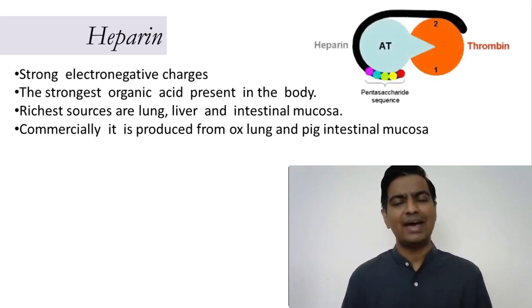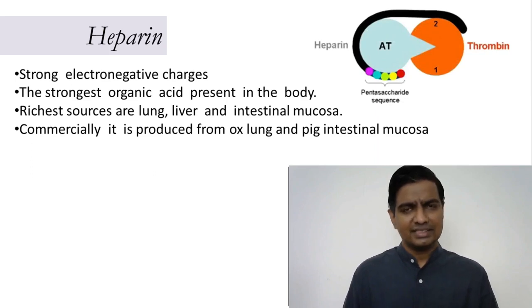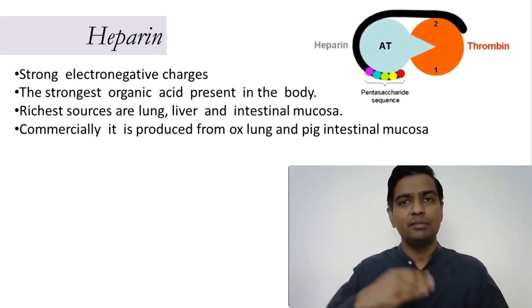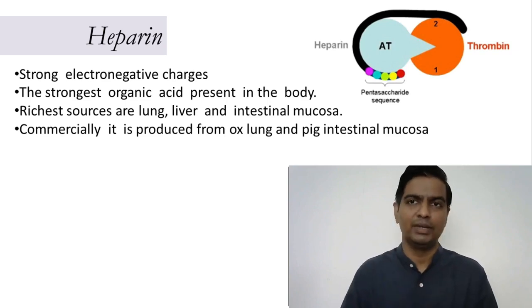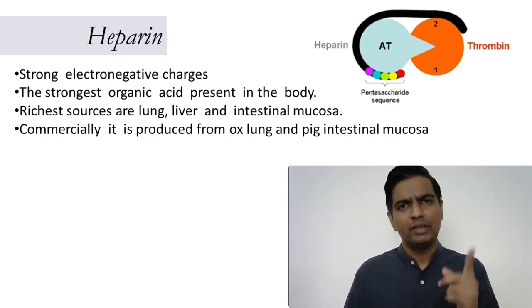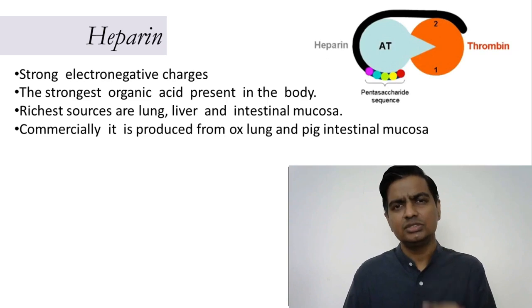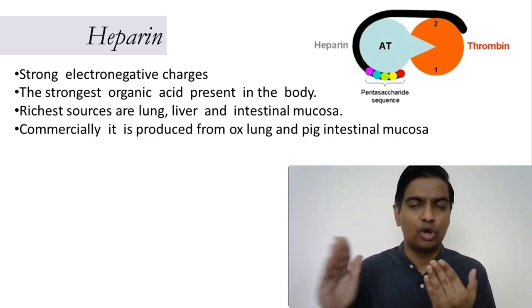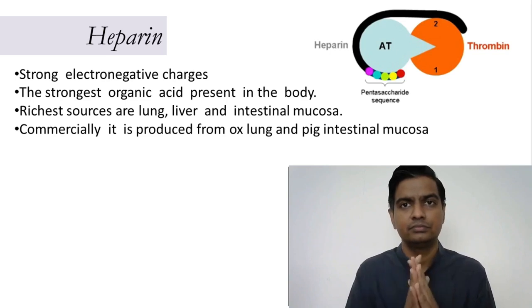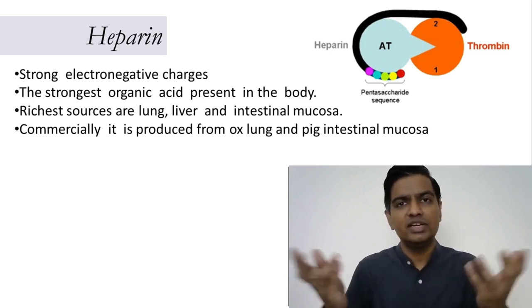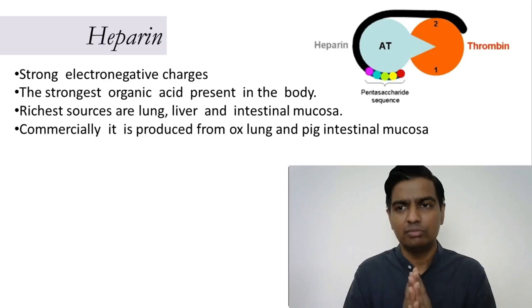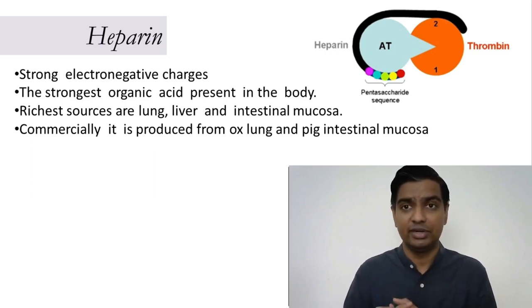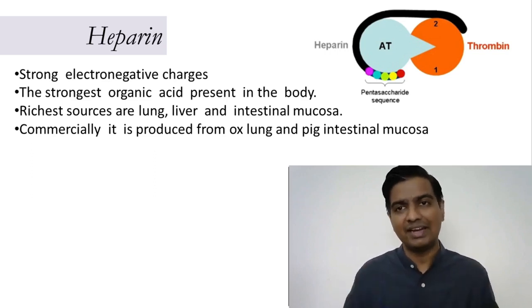Now, how does this heparin work? It is suggested that heparin only speeds up the reaction that breaks thrombin. Recall, thrombin converts fibrinogen to fibrin. If you destroy thrombin, then fibrinogen will not be converted into fibrin, so clots will not form. That's the logic behind giving this particular medicine. So this is how heparin works.